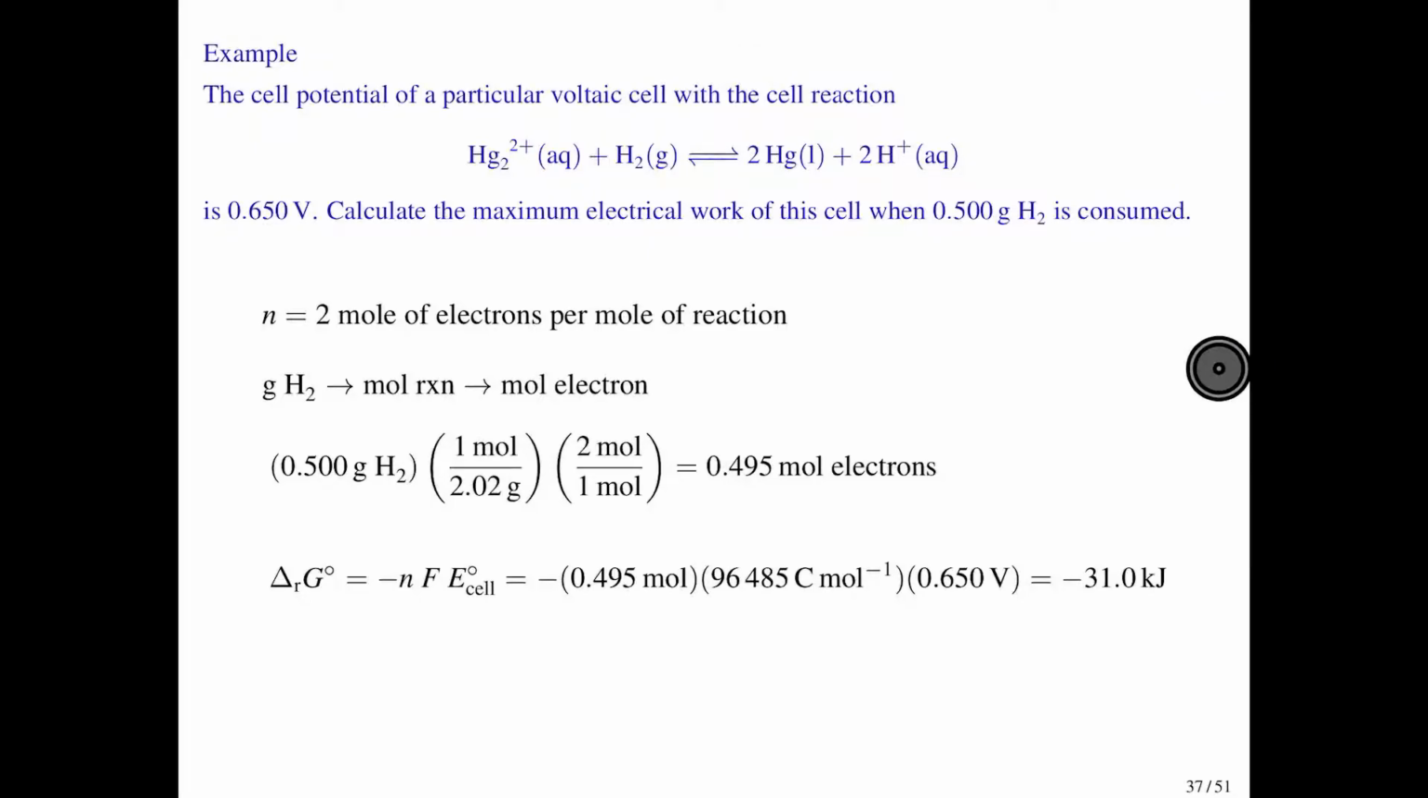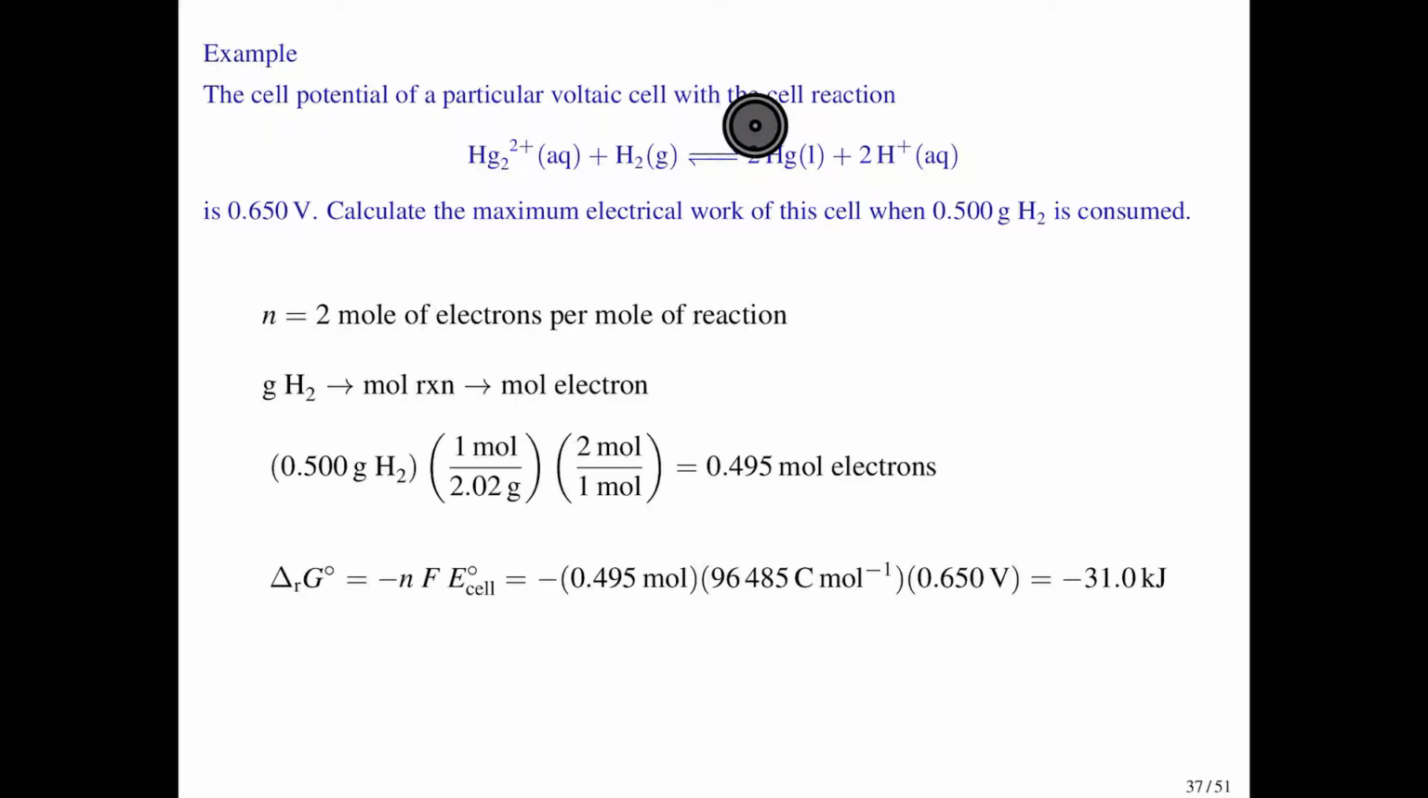In this first example, we have a particular voltaic cell with a cell potential of 0.650 volts. They want us to calculate the maximum electrical work for this electrochemical cell when 0.5 grams of hydrogen is consumed. So the first thing you need to do is to figure out how many moles of electrons are transferred per